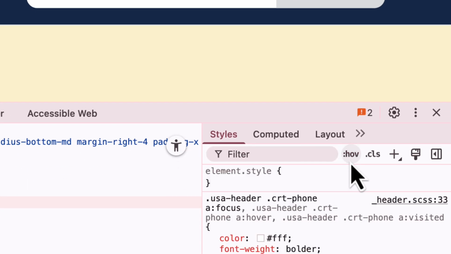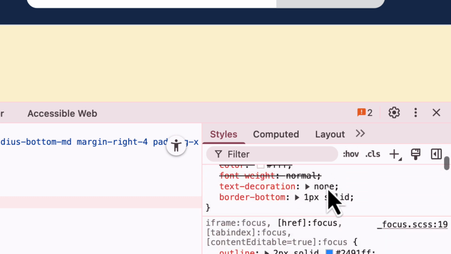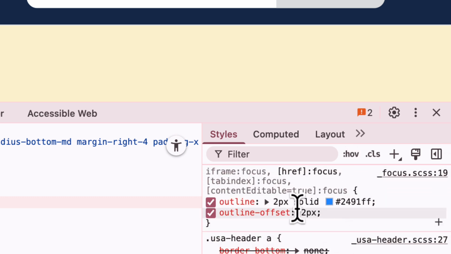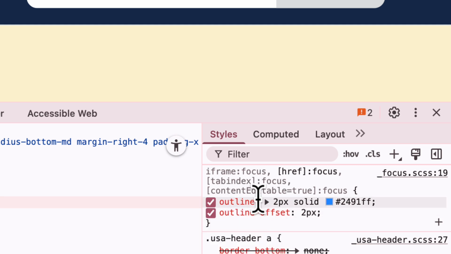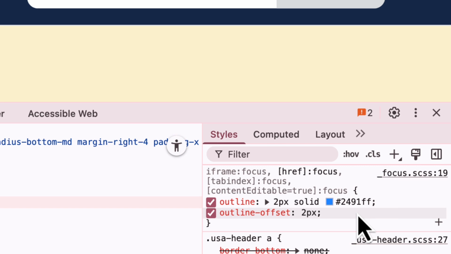Okay, I'm going to close the states panel and search for the color. I see that I found the color. They're using an outline property, which is excellent. It's 2 pixels big, another really good accessibility thing, and I see that the color is 2491FF, light blue.